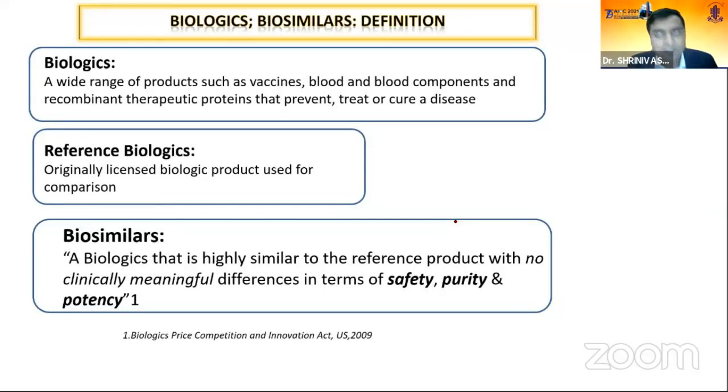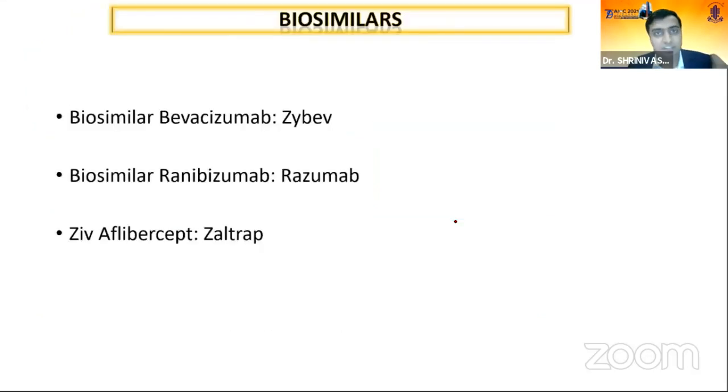If you do one anti-VEGF, how similar it is to the innovator, either in the form of peptide mapping, amino acid mapping, or the primary, secondary, and quaternary structure. So it has to map to the innovator drug. That is what a biosimilar is, and it is growing very fast because our Prime Minister is stressing more on generic drugs. So these are the various biosimilars available in the market.